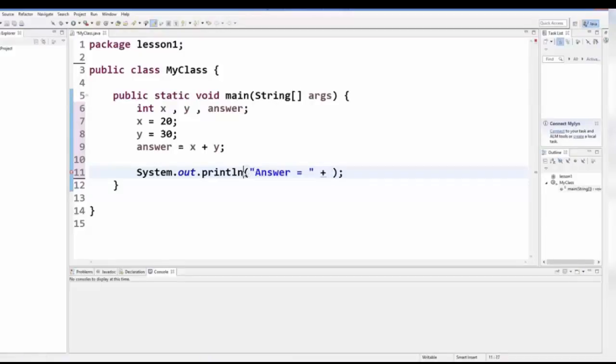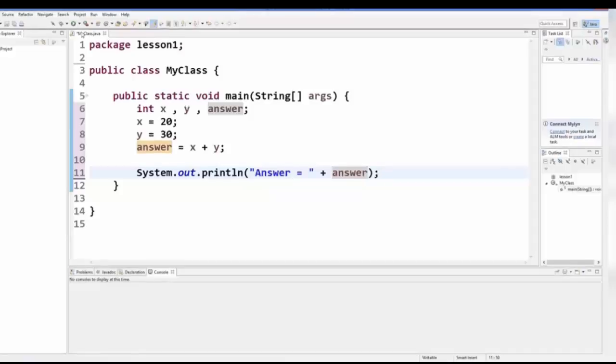When you use this plus in your print function, then this plus is called the concatenation operator, and this concatenation means that you want to add this string and this variable or value. Okay, so this function is intelligent enough to sense that this is a string and this is your integer, but using this concatenation operator you can print them as a single line.